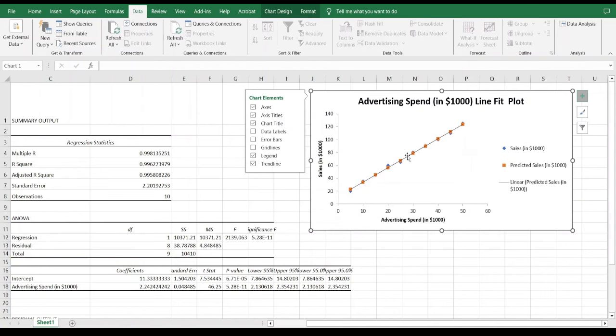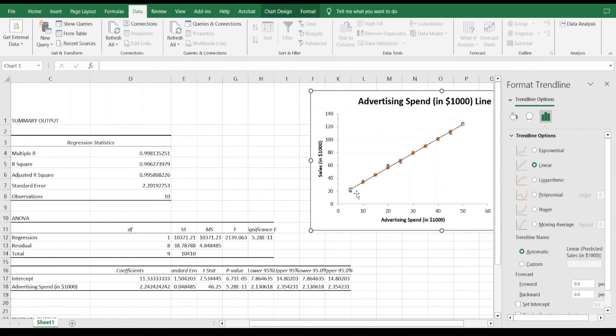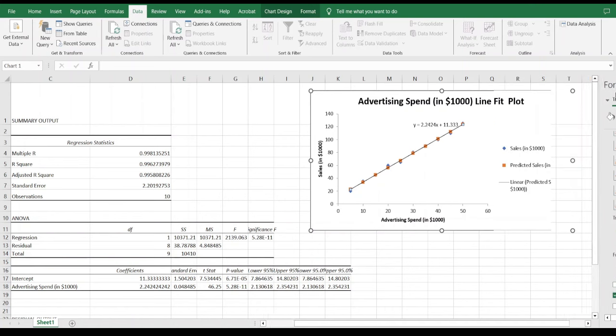So you see, this is the trend line. But apart from it, I want to show the line of regression as well. So ahead of this trend line, there is this particular sign. I will click on it and then go to More Options, and again click on predicted sales and then OK. Here a separate window opens, and I want to show Display Equation on Chart. Actually this is the equation that is known as the line of regression.